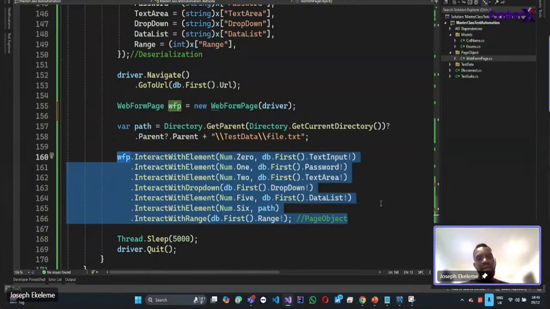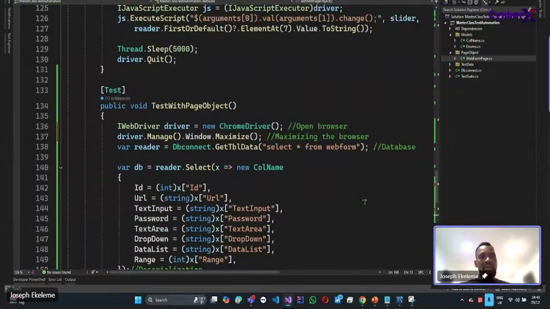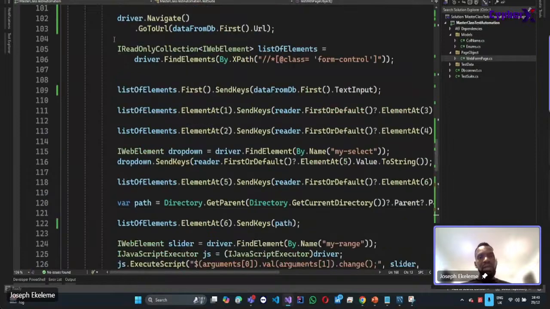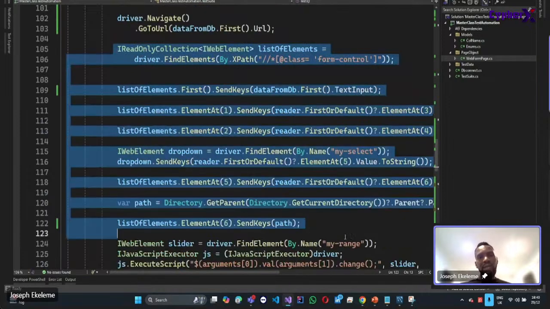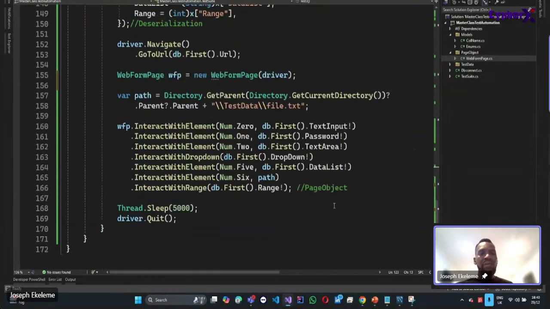Now compare this code that has been chained together with this whole lot. You can see that there's a big difference. So that's one of the ways that you can actually clean up your code and make it look more presentable. And then finally,